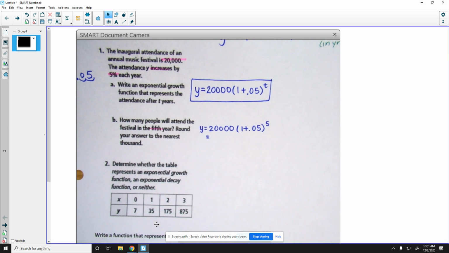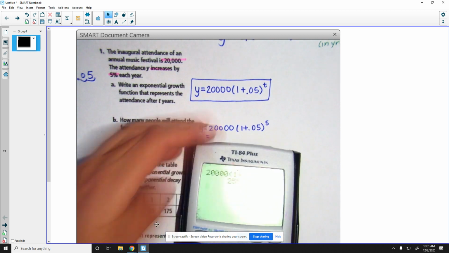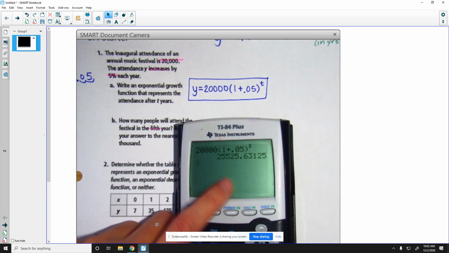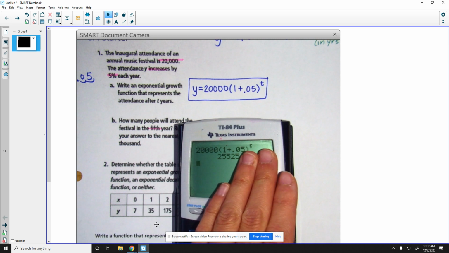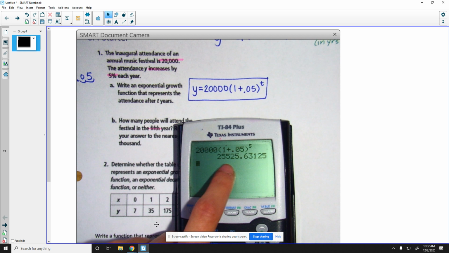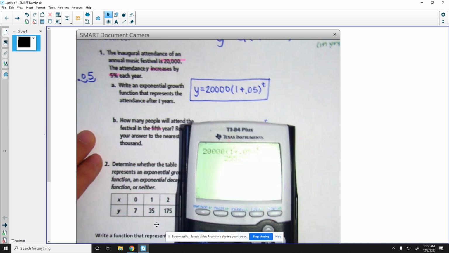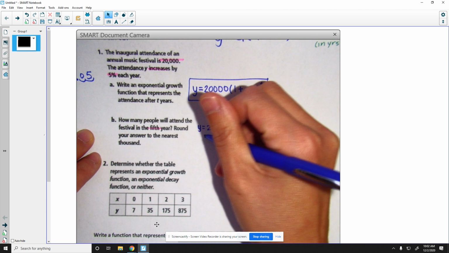Did someone get this answer yet? Grayson? Well, it said rounded to the nearest 1,000. Yeah. So it would be 26,000. 25,525? Well, it says round to nearest 1,000. Thank you for reading the direction. So that rounds to 26,000 because the 525 makes it bump up. So I would say it's about